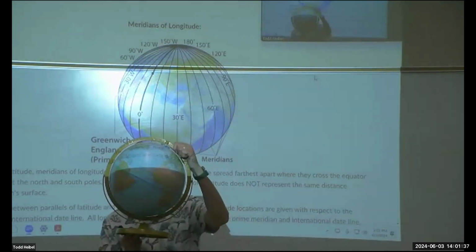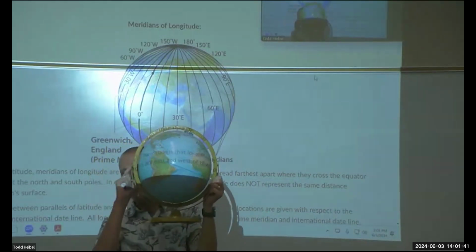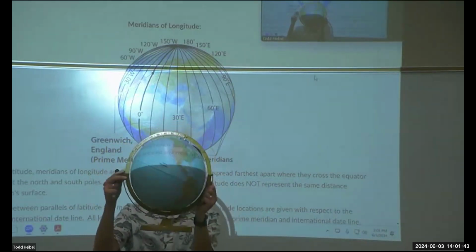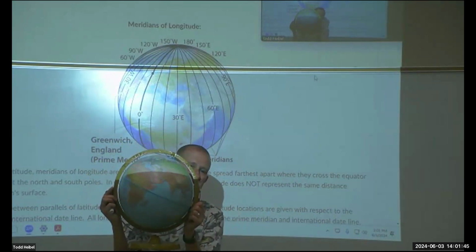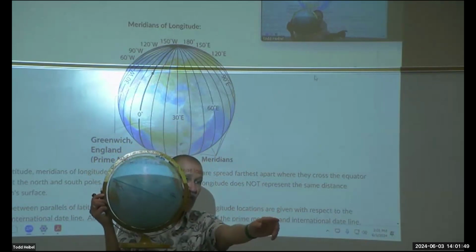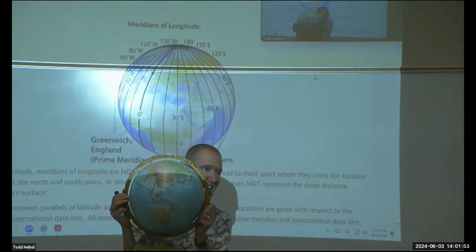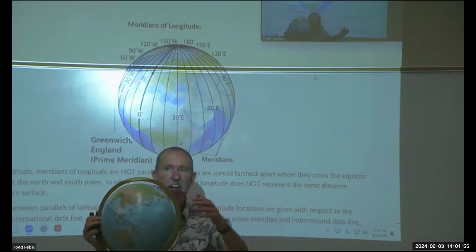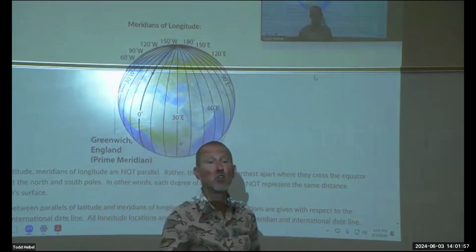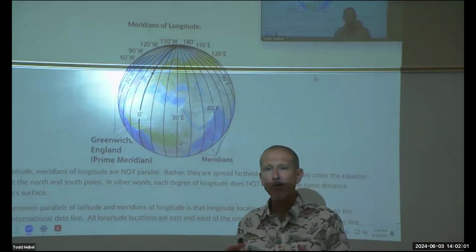So how many degrees each hour? If you divide 360 by 24, what do you get? 360 divided by 24. That means 1 hour of time, one time zone is going to be how many degrees of longitude wide? 15, right on. So we're going to assume every 15 degrees of longitude, we add or subtract an hour of